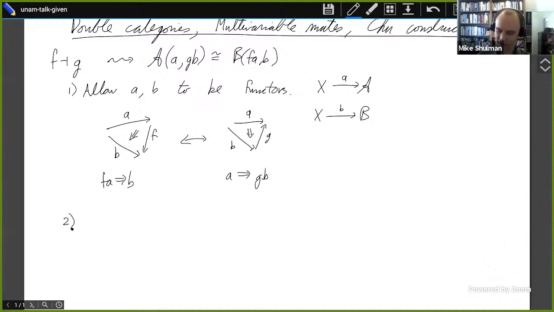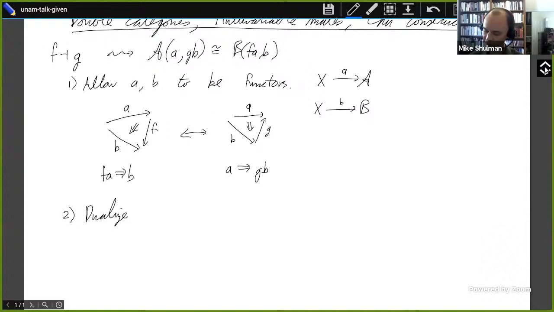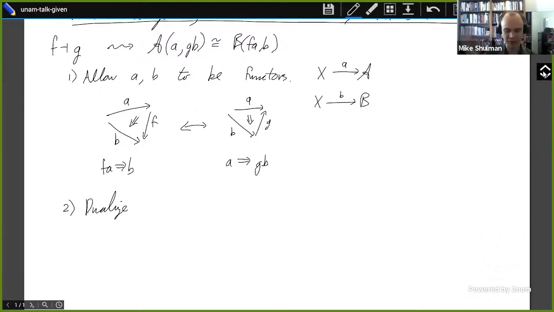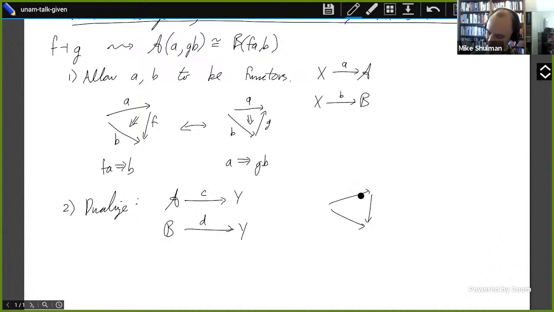And then another thing that we can do is to dualize that construction, because an adjunction can be described purely in terms of a unit and co-unit in a two-category, such as Cat. So we can take everything in our two-category and turn it around, because now these are just morphisms in the two-category Cat. So now, instead of A and B mapping into categories A and B, I can have some other things, like, say, C and D mapping out of A and B into some other category Y. And then I'll have some bijection in a similar way, sorry, it's going to look the other way,